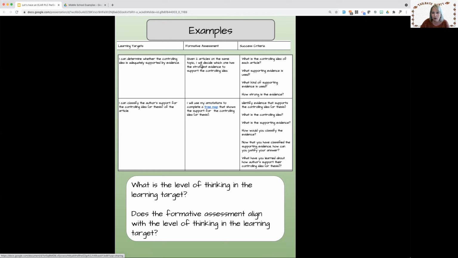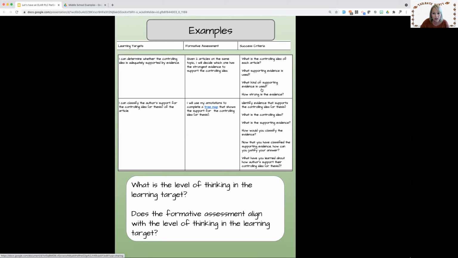Notice I write it in an I will statement, because the students are going to do this to show that they have learned the learning target. Now, I do have the success criteria over here, and we'll get more into that next time. But after I have the formative assessment, then I will go and write the success criteria, because it's really the